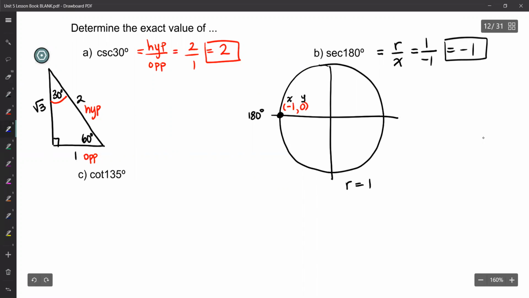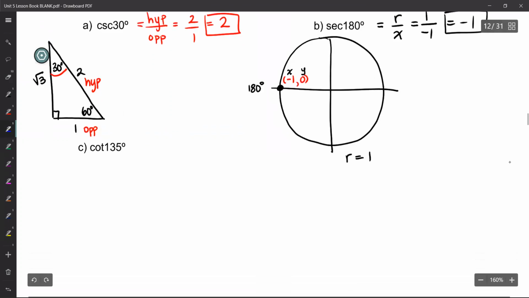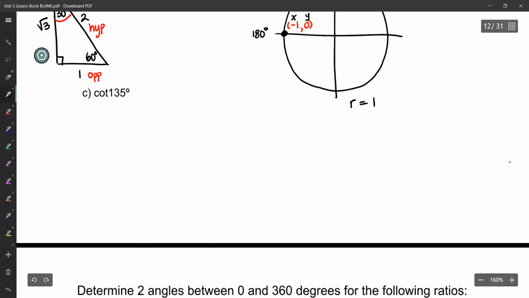Okay, and then we can also use the cast rule. The general rule for the cast rule in using the reciprocal ratios is that the reciprocal ratios will be positive where their primary trig ratio is positive and negative where their primary trig ratio is negative. So if I take the cotangent of 135 and I want to find the exact value of this, I'll just